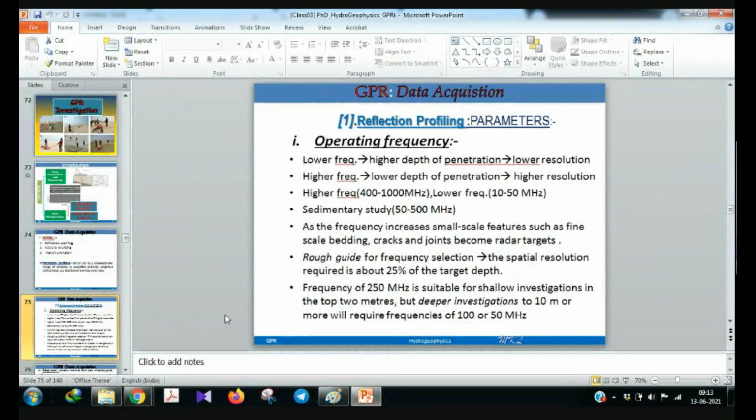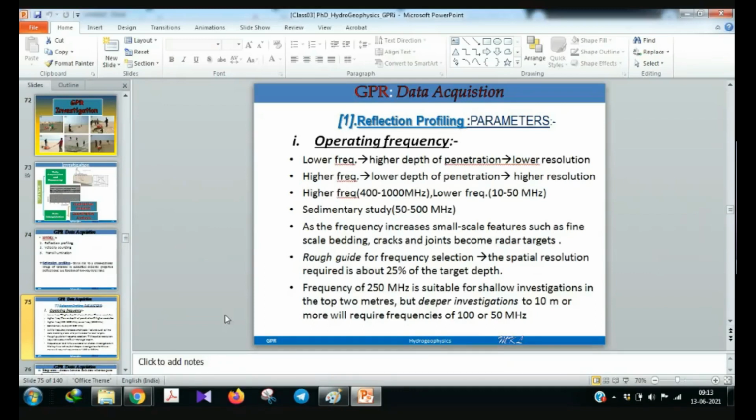several parameters you have to consider before going for the survey. The operating frequency, which frequency will be applicable for you, that you have to understand. Suppose you are doing an archaeological survey, and there is a thumb rule that mostly all the archaeological materials are within 5 meters of depth. So I need a depth of penetration that is very low, but for the archaeological thing, we have to go for high resolution